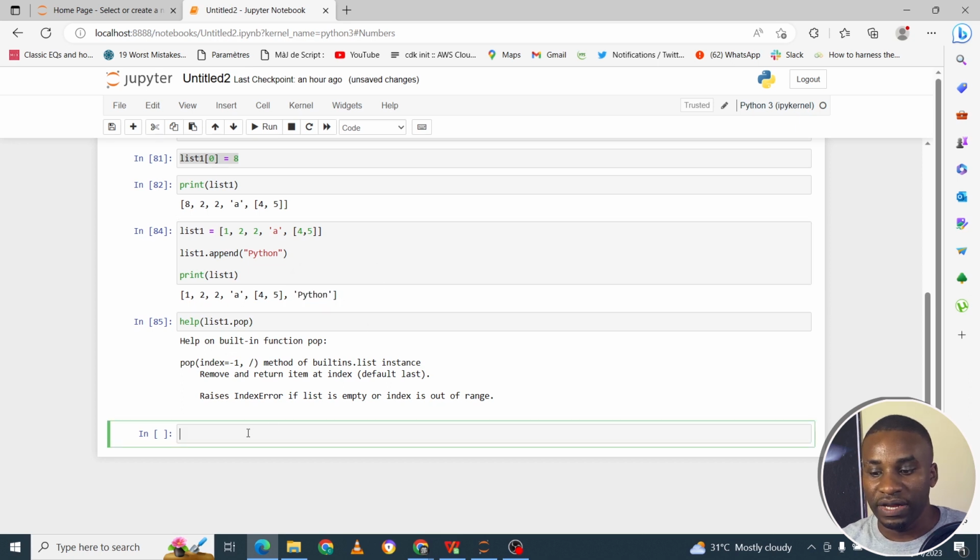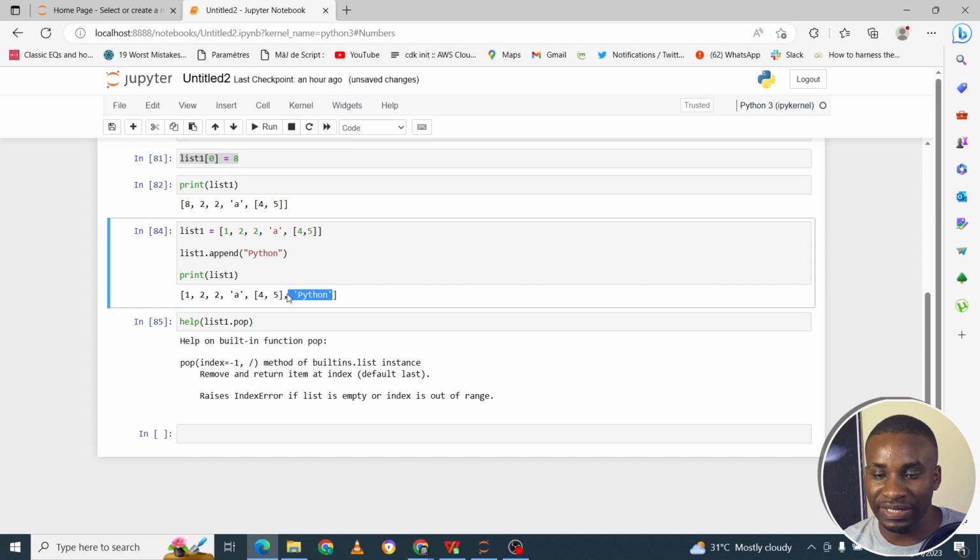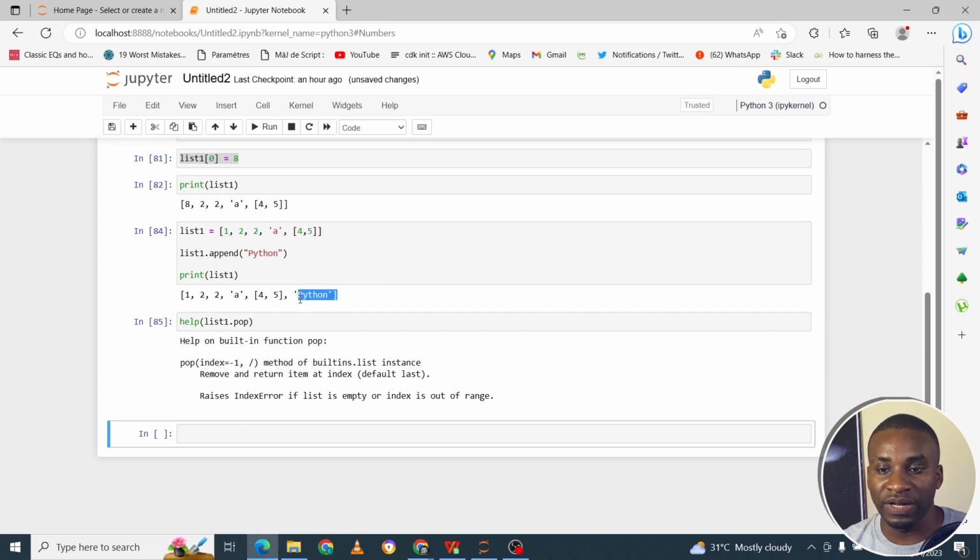The interesting thing about pop is that it saves what it just popped out. So you could tell it to pop out the last item. Maybe you don't know what the last item is, and then you call it and say, what was the last item you popped out? So it tells you, actually, this was the last item I popped out. So let's just see. So if you say popped list, for example, equals list one dot pop,